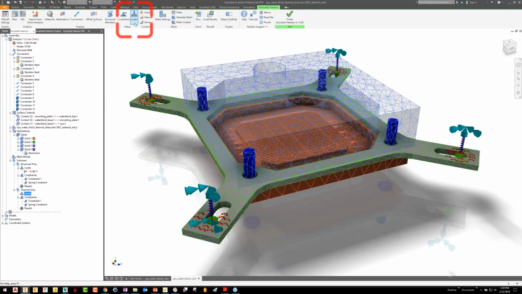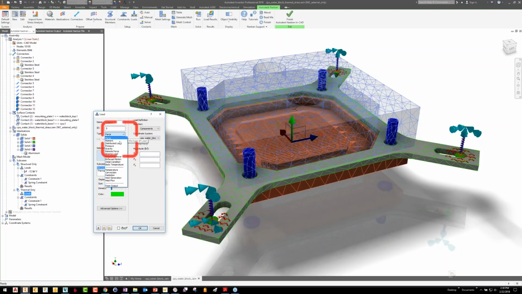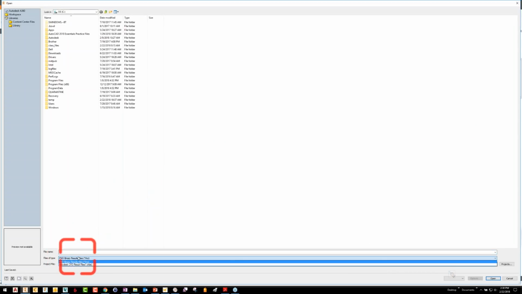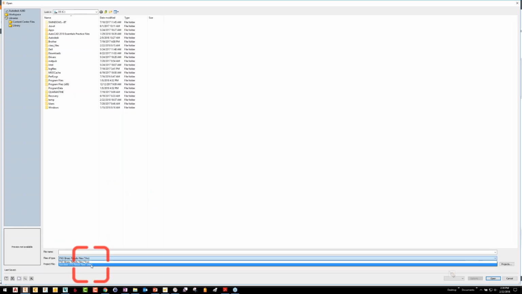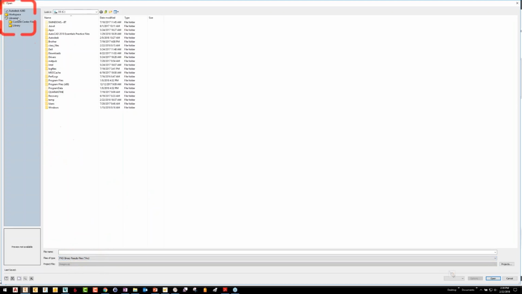I'll go back up to my loads command. And the one I'm going to use in this dropdown is all the way down at the bottom. It's called From Output. This is the same one that you would use if you were going to bring in CFD results. It's going to ask me to browse for a file that contains my results. Down at the bottom of this dialog, you'll see I have a choice between an FNO file, which is a Nastran output result file, and a CFDST, which is an Autodesk CFD file. In this case, I want to go for an FNO,